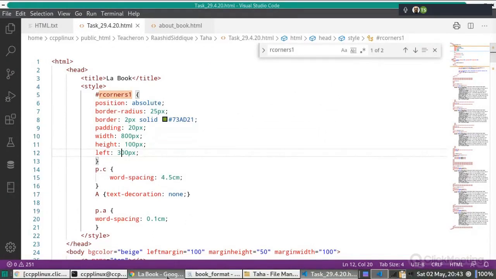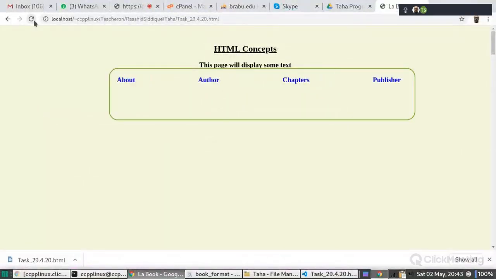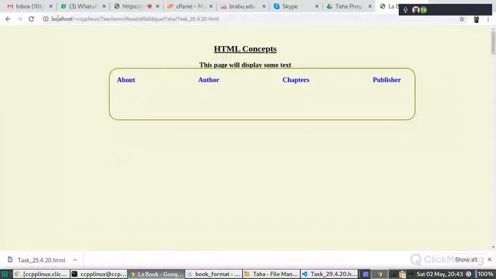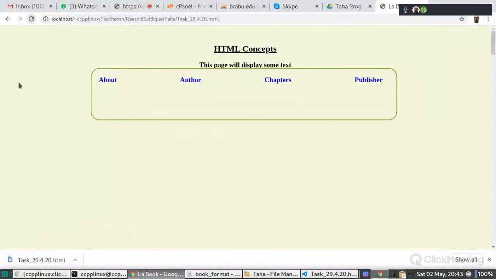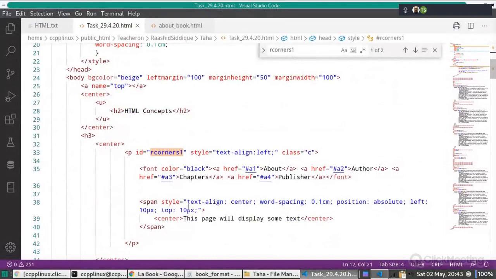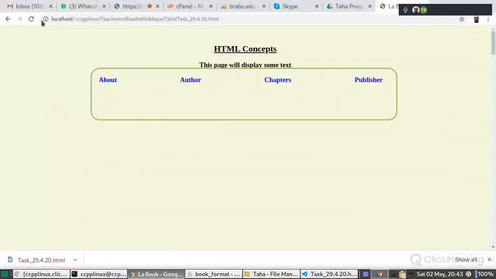Now let us check it. Yes. So it should not be 300. 300 is more. I think 250 is correct. Now this is 250 from here, okay? And this one, it should go down. So what we should do here, this top, at this moment it is 10, suppose it is 100, then what is happening?